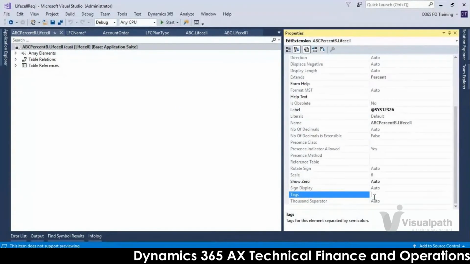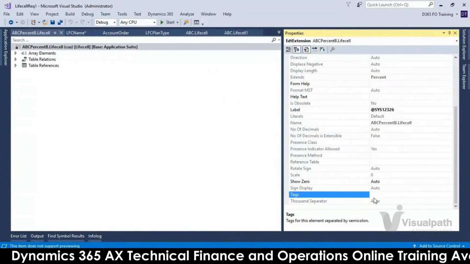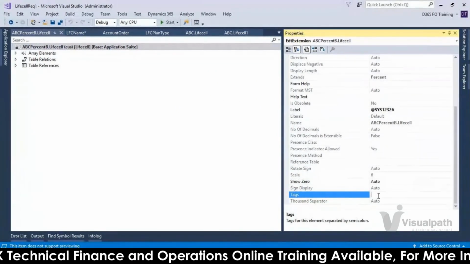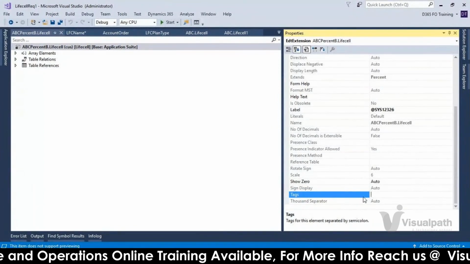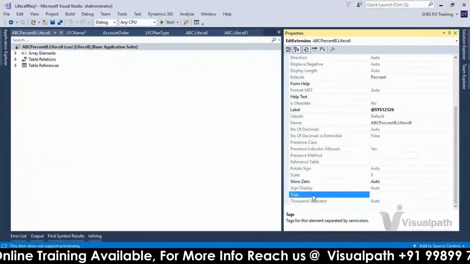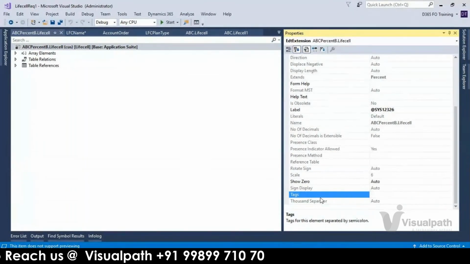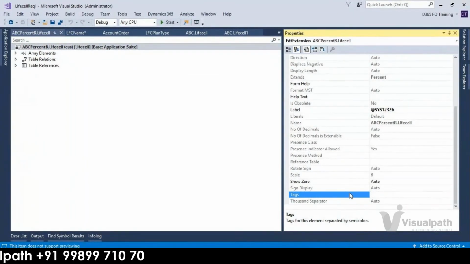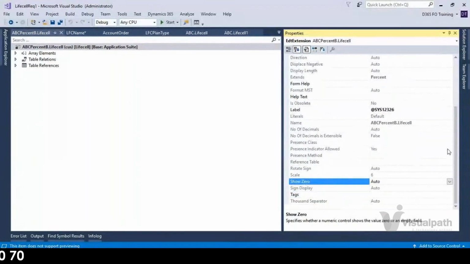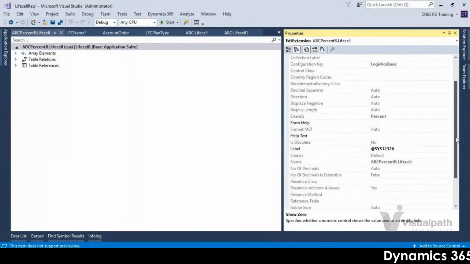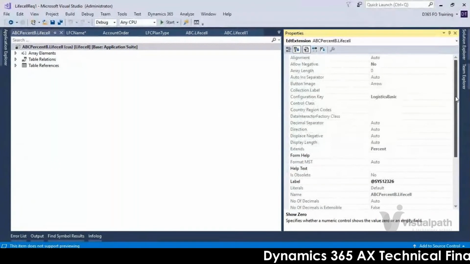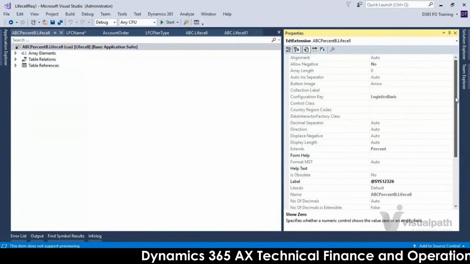If you maintain unique tags, for example, live cell is there, right? You can add one tag here, live cell. While searching, if you want to search based on the tags, you can do that. That will help only for maintainability purposes. It will not affect anything in the runtime. Okay, only the label and help text you can change.